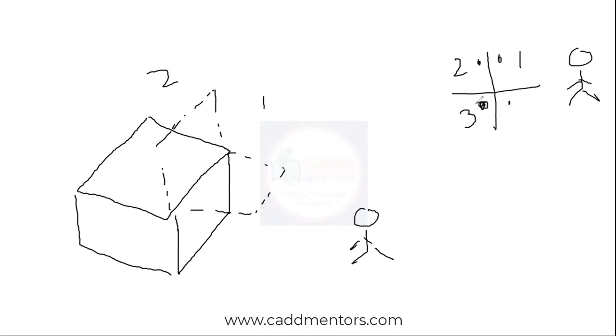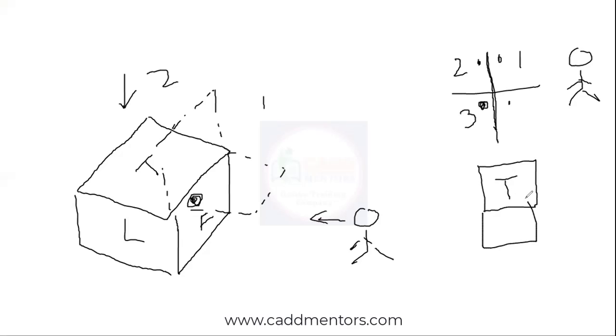Anyone? Within that cube, sir. Sorry? Within that cube. No, it's within the cube only, but see here, you have a projection plane. Is it placed before the projection plane or after the projection plane? After. Yes, it's after the projection plane. So now what happens is, he views, he'll get the front view. He goes to the top, and the top view will get projected here, and he looks at the left view, and the left view will get projected here. Now if I open all the planes, see here,